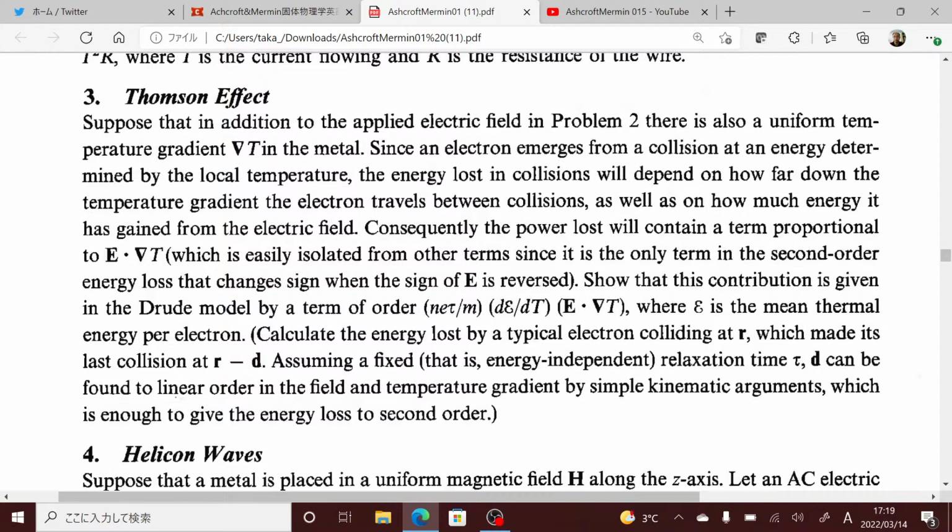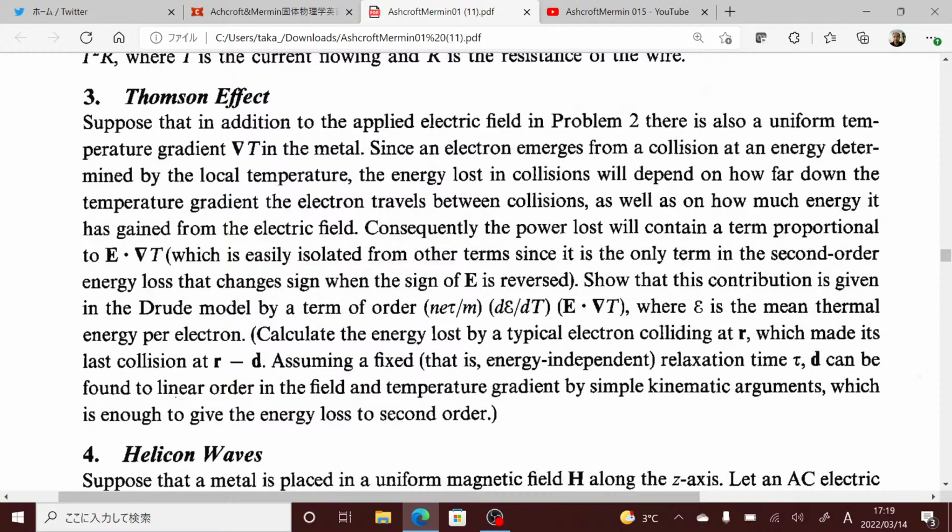Since an electron emerges from a collision at an energy determined by the local temperature, the energy lost in collisions will depend on how far down the temperature gradient the electron travels between collisions, as well as on how much energy it has gained from the electric field. Consequently, the power lost will contain a term